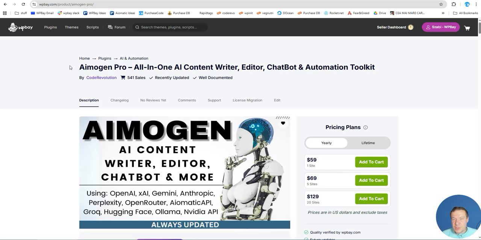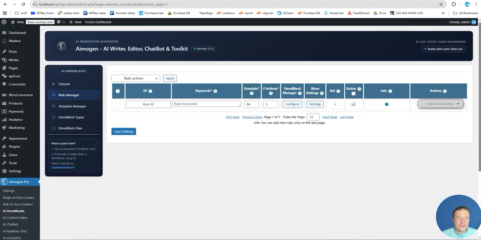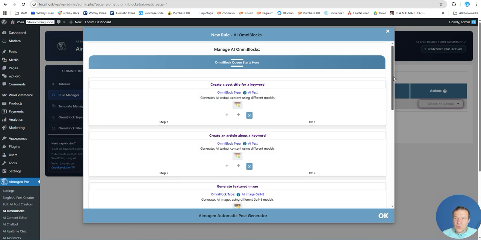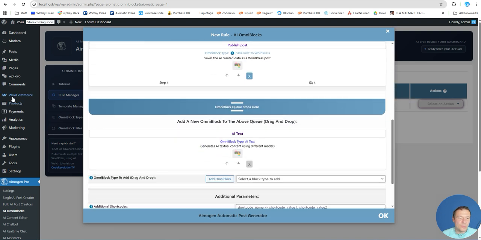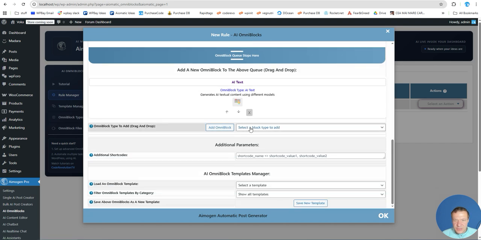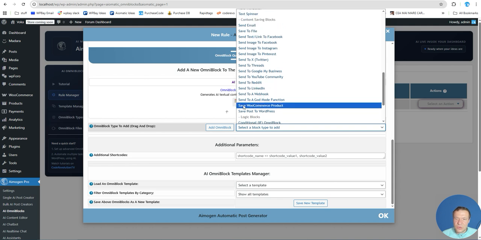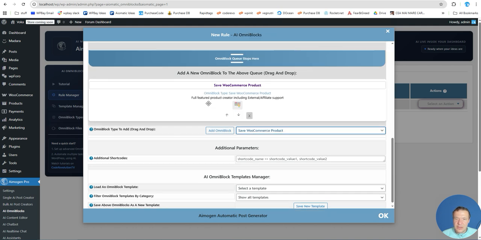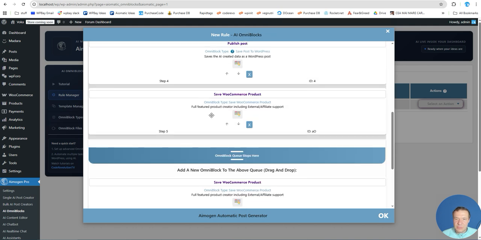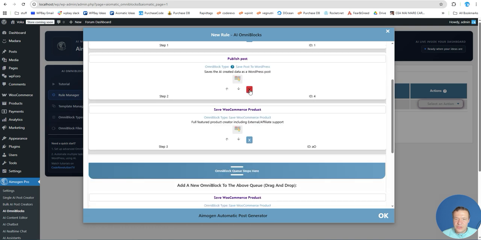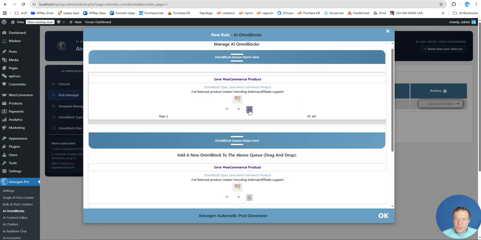I'm Sabi from CodeRevolution. So Aimogen Pro just got a new update today for Omniblocks, and it is now able to also save WooCommerce products. So be sure to have WooCommerce active on your site when you test this, and you will find a new Omniblock type. It is called Save WooCommerce Product, and you are able now to add this to your Omniblock queue,